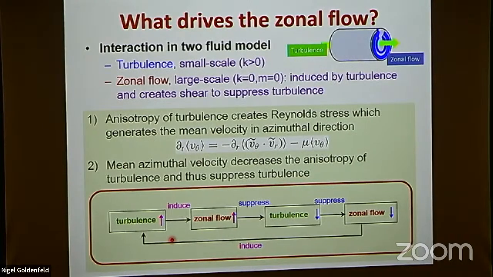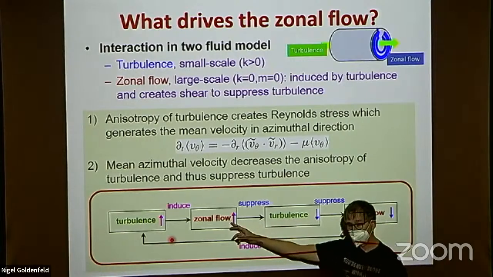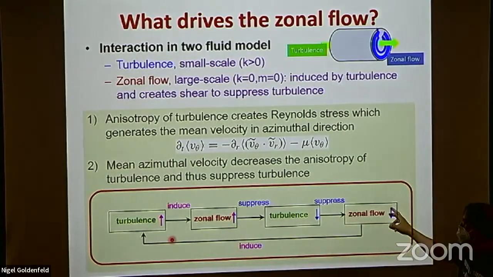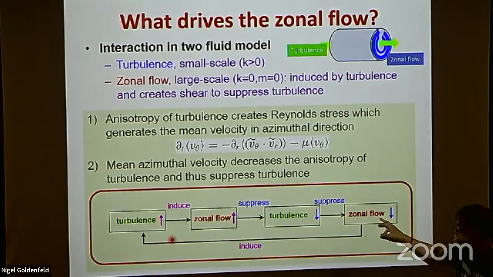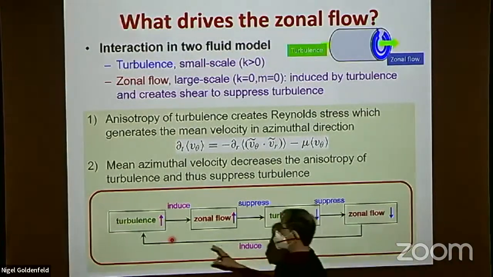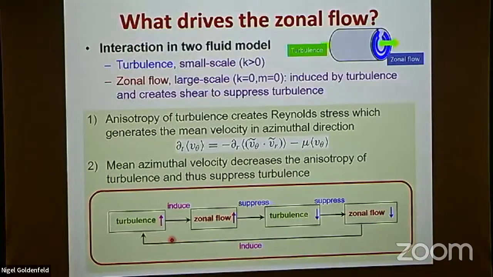So then the turbulence has been suppressed, but the turbulence was the source of the zonal flow in the first place. So now the zonal flow itself is going to go down, and because that's gone down, it's no longer restricting the turbulence, so the intensity can rise up again. And so what you have is this feedback loop, and this feedback loop is what happens in the predator-prey ecosystem